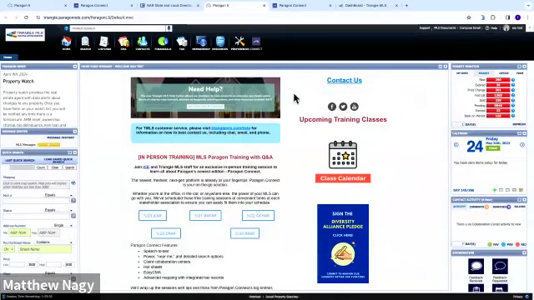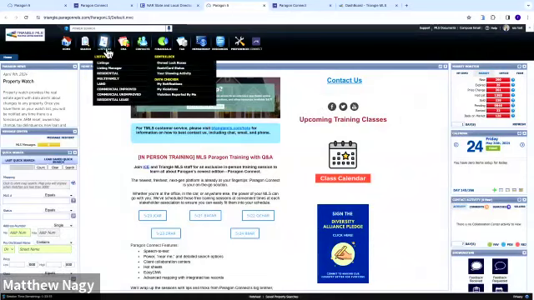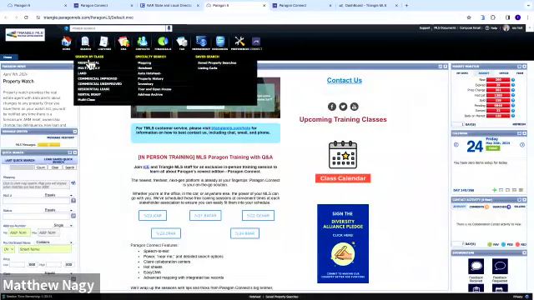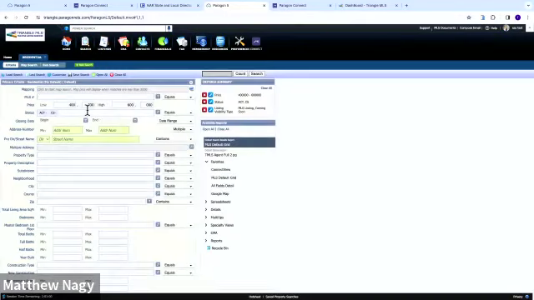But what I wanted to share with you, just to kind of level set, is if you're not familiar, or if you are familiar, I'm just going to do a basic search. Okay. And this is a real basic search. I've got a little bit of information here. I'm going to put in